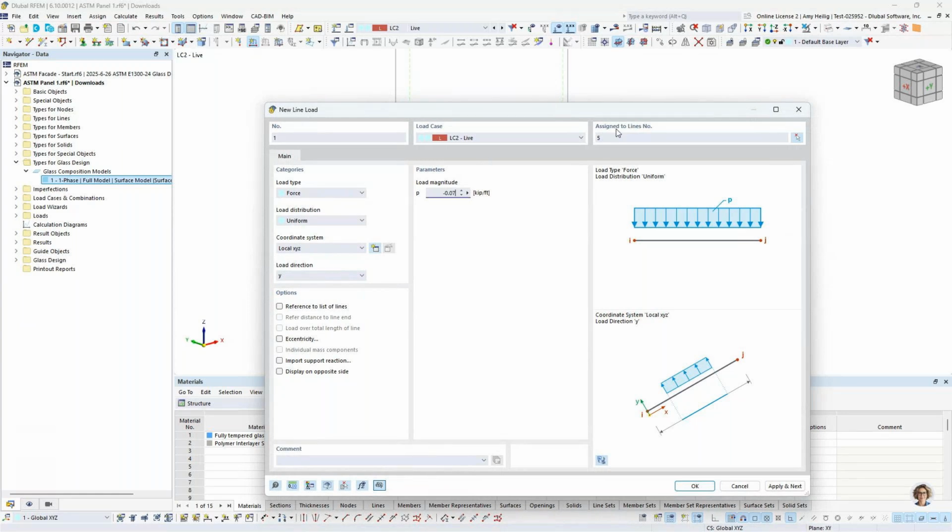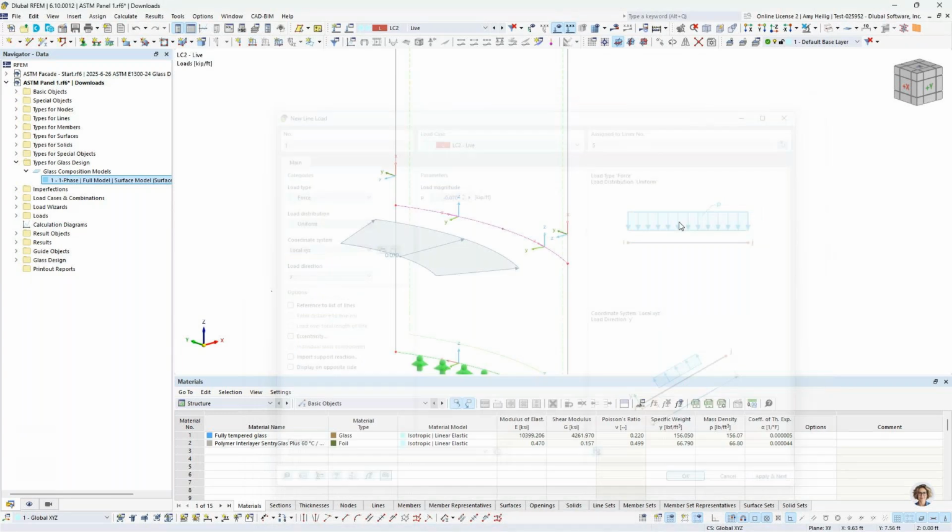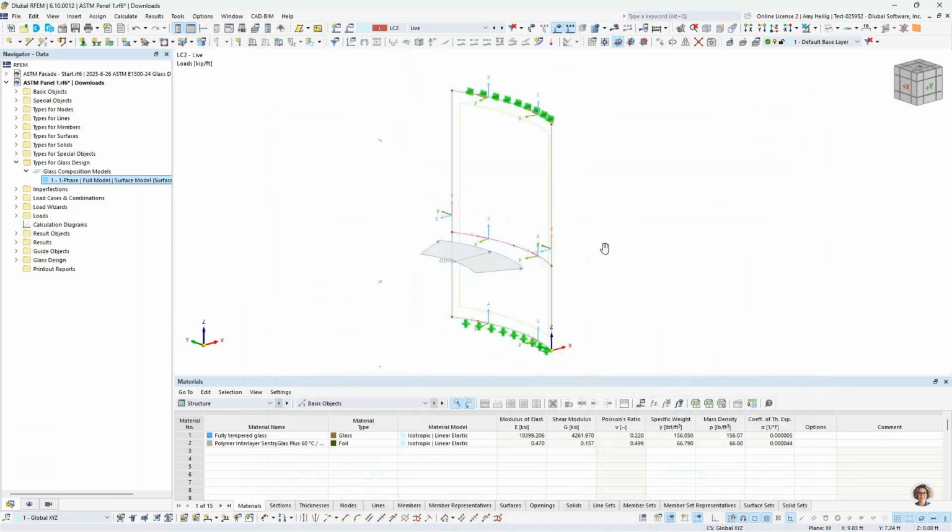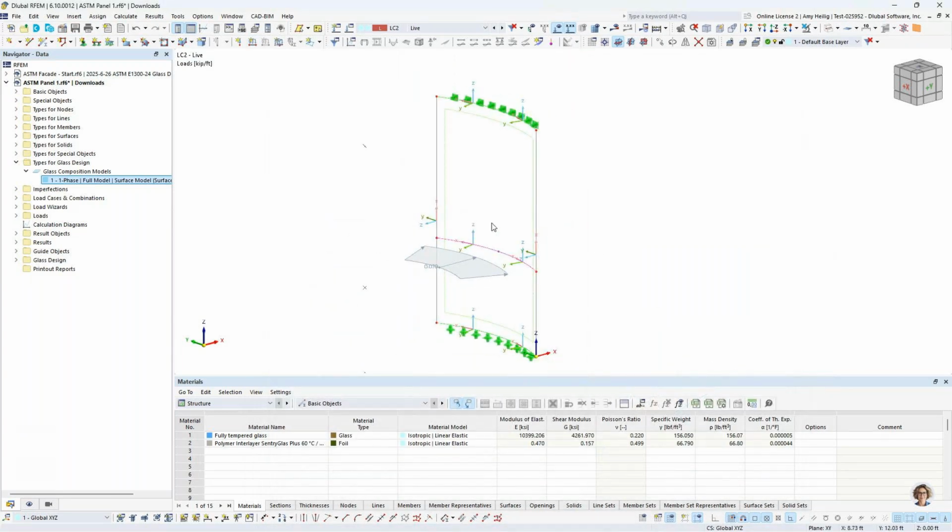Line number 5 is already selected here. I click OK, and now we can see that live load applied to the handrail location. So we'll go ahead and turn off the local axis system of our line, and we'll move finally on to